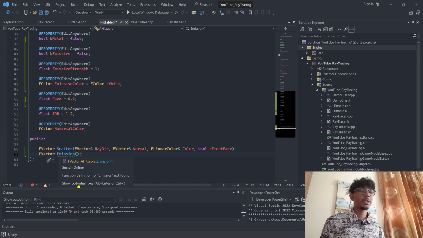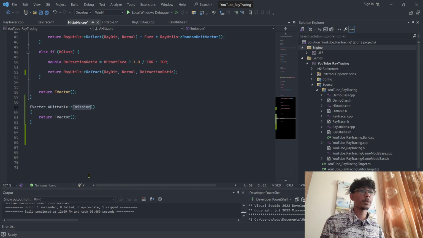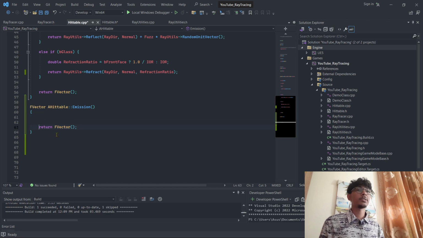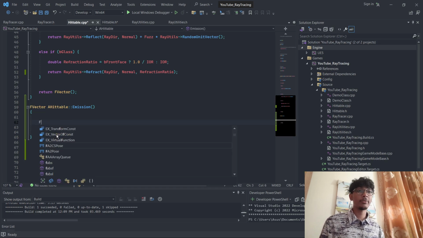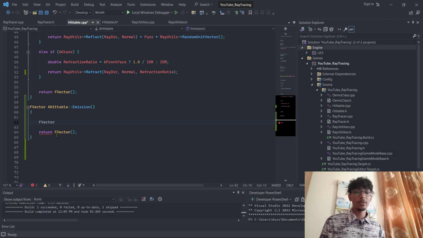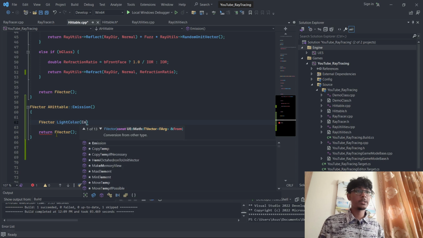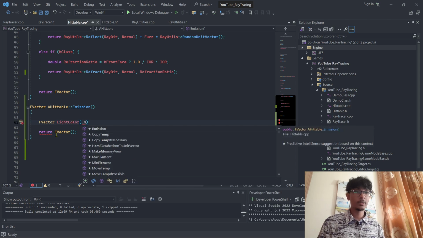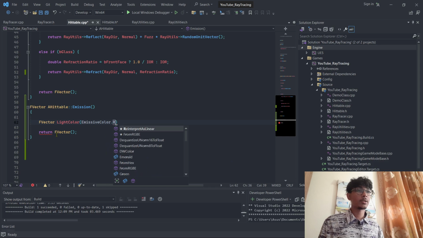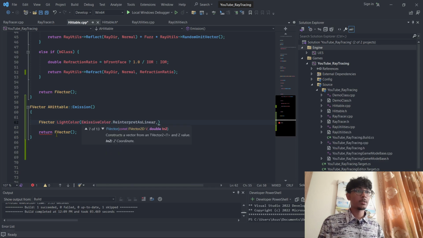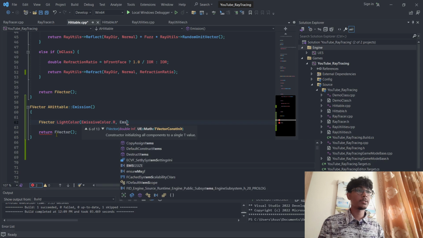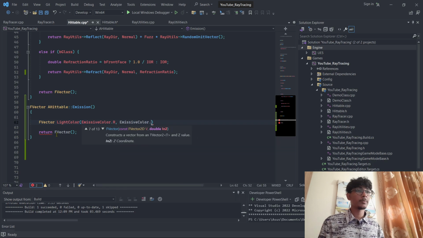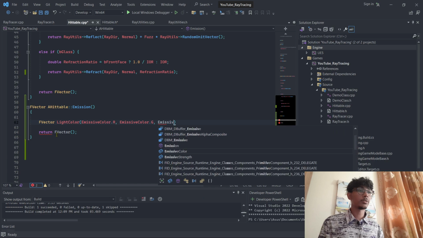So let's actually create the definition. Right click, create definition, and let's come into our emissive function, get the F vector component of the light color. Let's say emissive color.r, emissive color.g and emissive color.b,